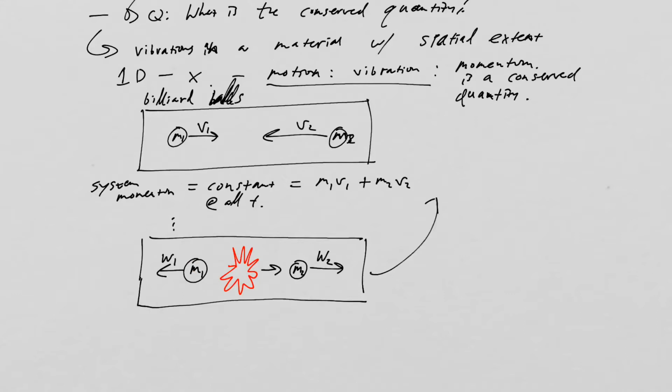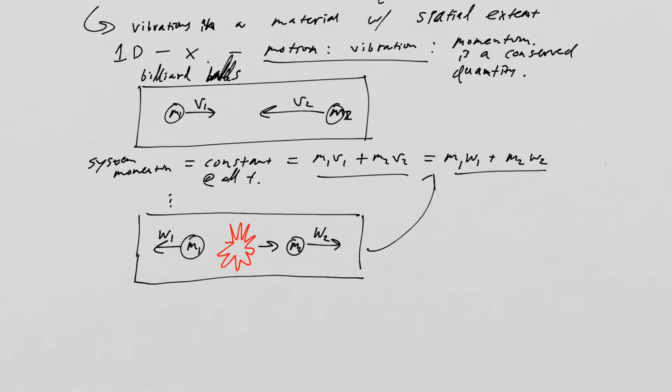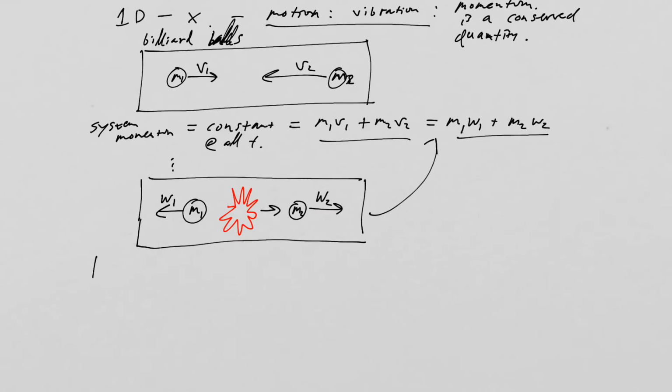Because momentum is constant at all times, m1 times w1 plus m2 times w2 has to be equal to the momentum before the collision. All right, so this is good when you have a system of just two masses and you have some sort of elastic collision. The question is,